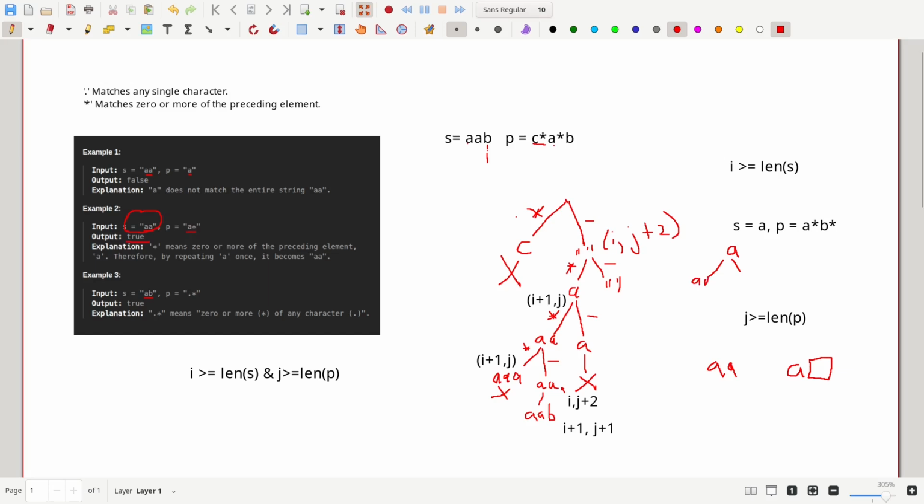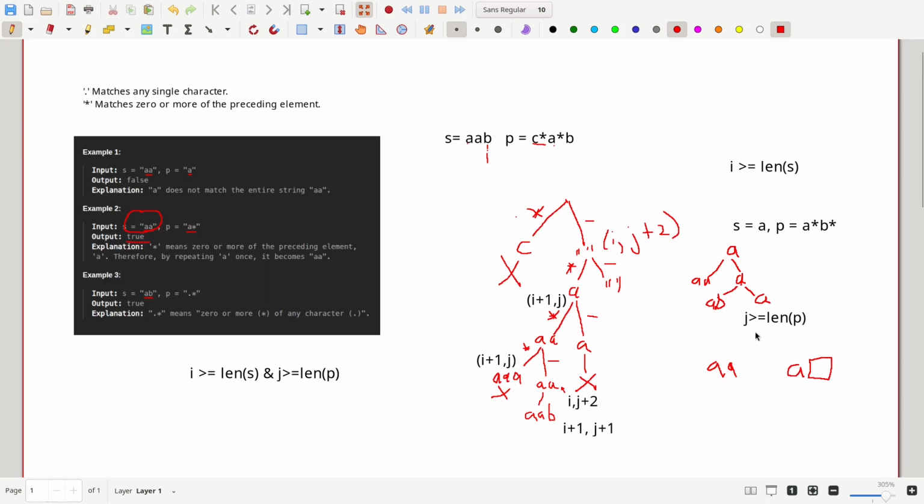It will be a and it will be star, single a. In this case we will not take it, and then we'll move forward. Moving forward, there will be a b, and while taking the case there is only a, and this matches the s. So as these match, we can say that just because i is out of bound, we cannot say that it will